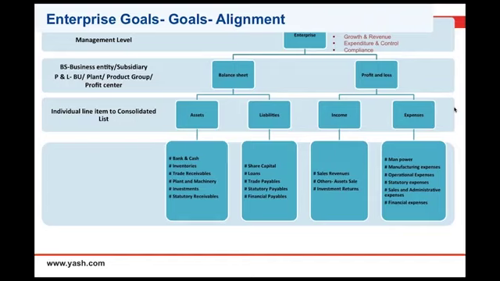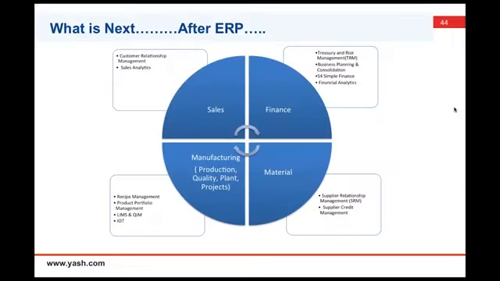So our engagement, if you look at it in the life science and the chemical industry globally, some people are doing business planning and consolidation. Now the latest one is S4 HANA Simple Finance, which is plug and play, with simple finance reports, which are dashboards, very helpful. Then we have done a lot of work on financial analytics, a deep dive into financial operations. Some of them we worked on GRC, governance, risk, and compliance. From a material perspective, the roadmap after you do ERP is supplier relationship management and supplier credit management. This is another roadmap to do.